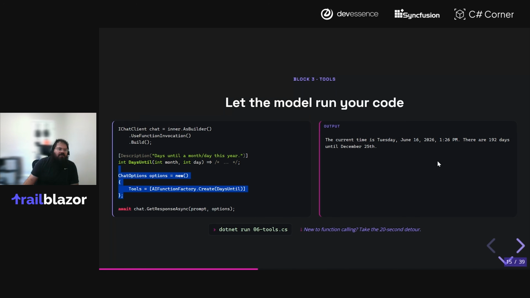And so you might see, as the output to this request, if somebody asked how long until December 25th, this was yesterday, but this is the response you would get. And it's grounded using these tools. Both the middleware functionalities of the IChatClient make it really easy to expose your code or make your code available for the agent to call upon.